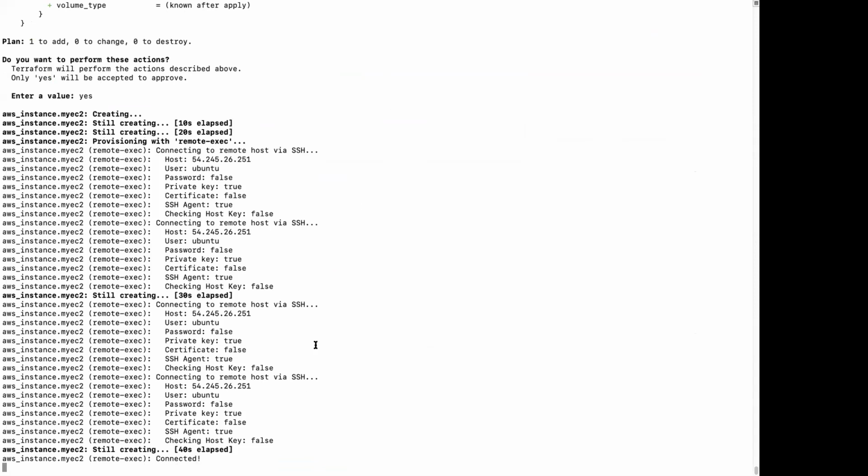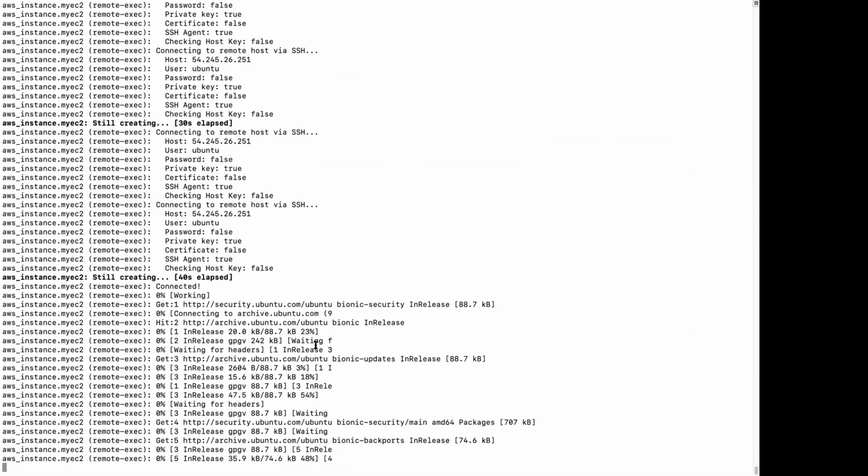If you look at it, it is trying to connect to the remote host via an SSH connection.